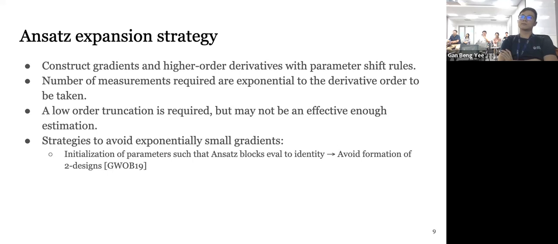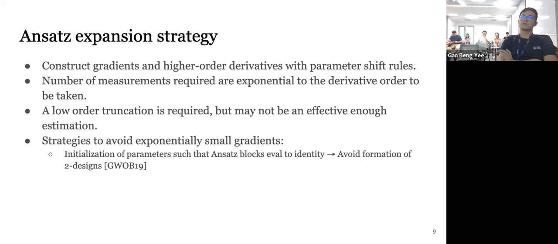So the important point is to start with a good initial point. There are strategies in variational algorithms that do this, such as initializing parameters such that the ensemble blocks evaluate to identity. So this is one idea. Basically, we can take tricks that variational algorithms have and apply them over to